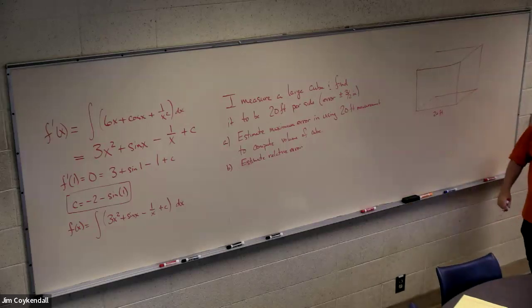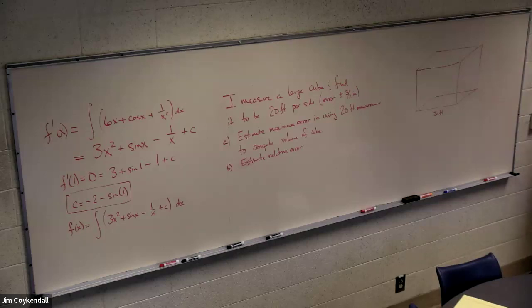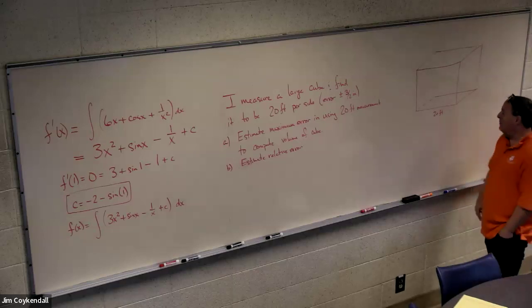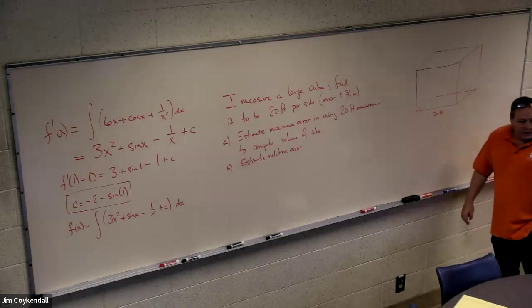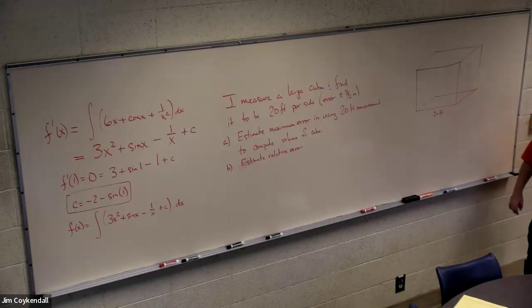But maybe you only have a ruler that marks off every 3 inches or something like that. And so you've got this maximum error of 1.5 inches, right? Half the marker spacing, so you'd be off by 1.5 inches. Now, you really need to know the volume of this cube, right? Maybe you've got to put something in there, or maybe you've got to put it